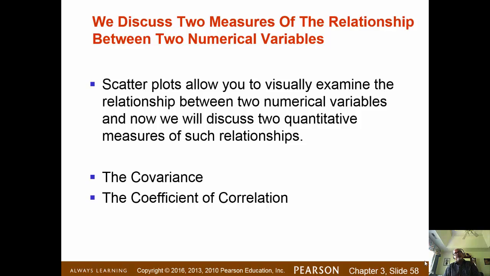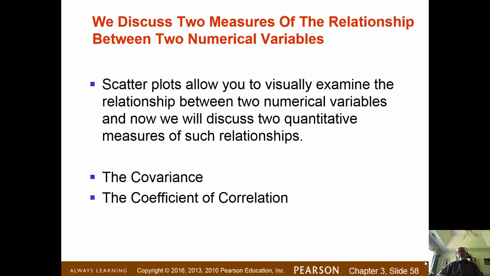The next topic is covariance and correlation coefficient. And we compute covariance and the coefficient of correlation when you have two numerical variables and we expect there to be some sort of association between the two. For example, price and demand. So you expect the price to have some impact on demand. So you want to see whether there is an impact or not, or for example,